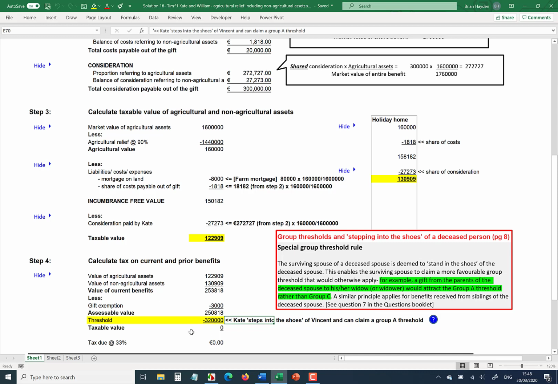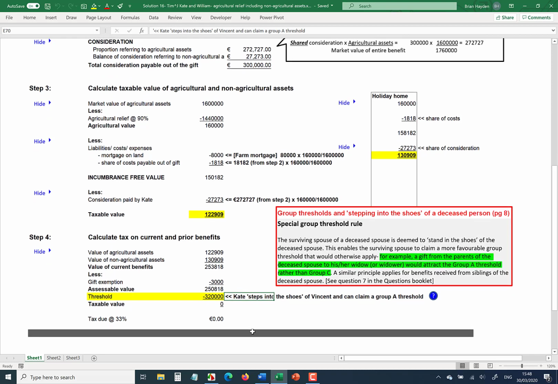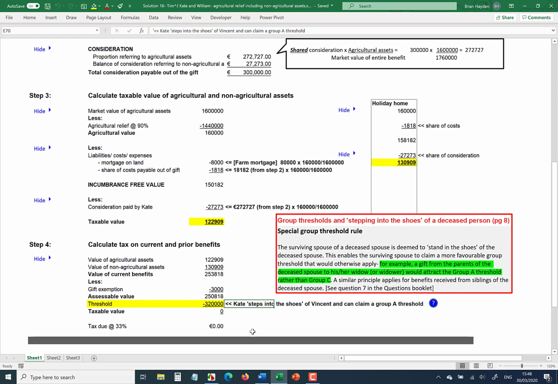So 320,000 is the threshold, and therefore there's no tax arising on Kate because the total benefit is under the threshold. She had no prior benefits. Okay, so that's the solution to Tim and Kate, and as I say, I've stripped away the calculation of the tax payable by William, so you can assume that that is not going to be an issue in the